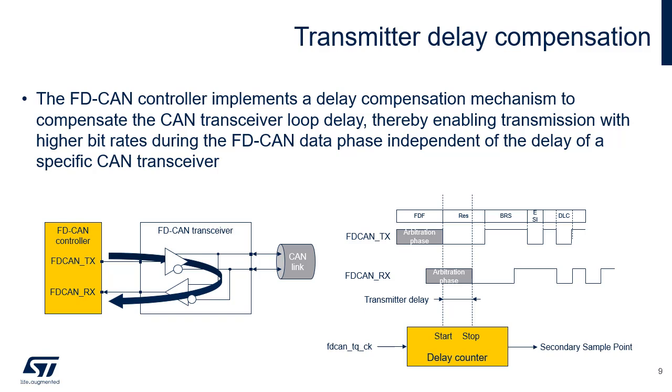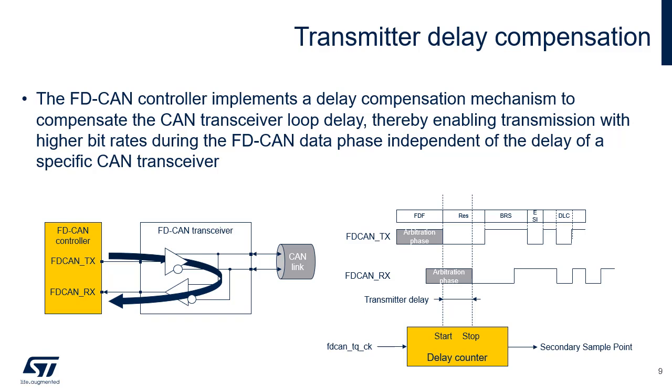The transmitter delay compensation enables configurations where the data bit time is shorter than the transmitter delay. It is enabled by setting the TDC bit in the DBTP register. The received bit is compared against the transmitted bit at the secondary sample point, SSP. The SSP position is defined as the sum of the measured delay from the FDCAN transmit output pin, FDCAN TX,